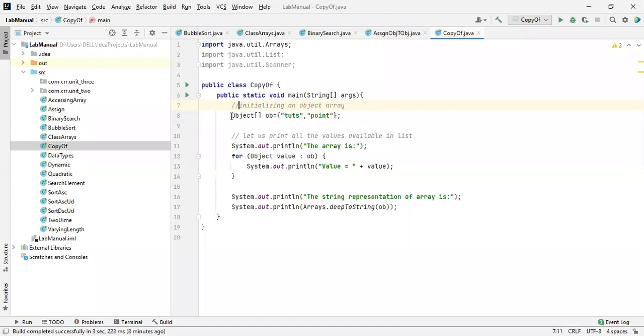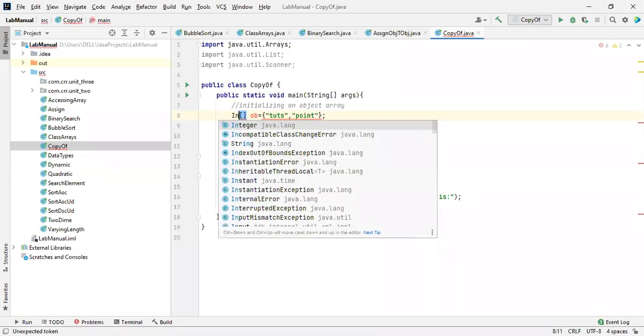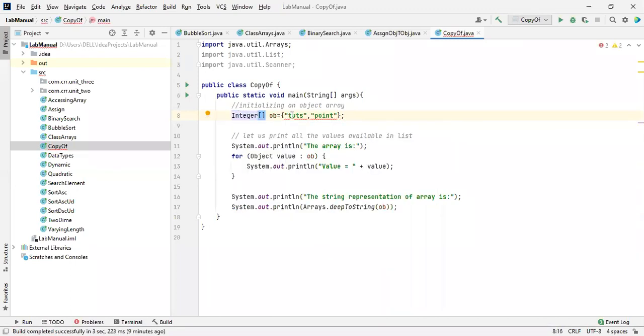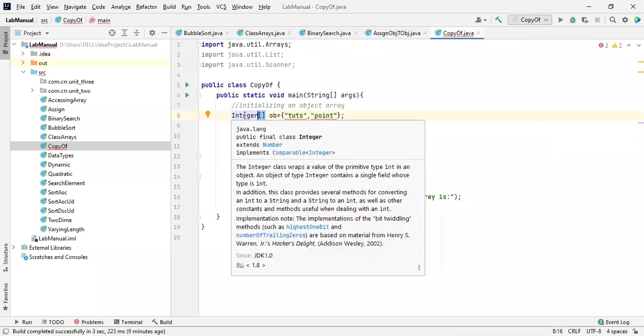So we took an object over here, an array of objects. What is this object? This is called a non-primitive data type, like Integer. We can directly write an integer over here if required, but the values over here should not be a string, so we can take an object.